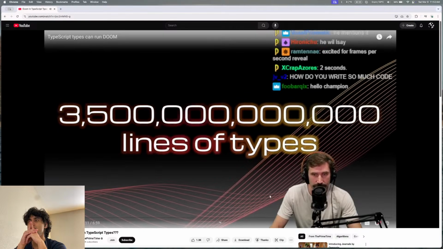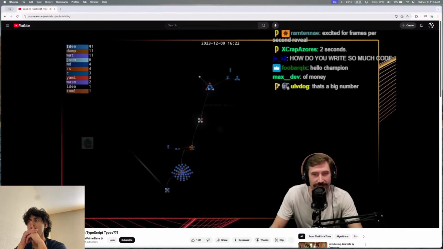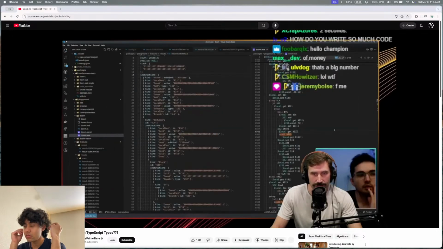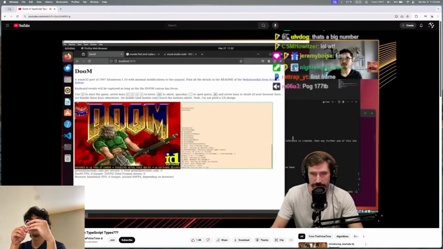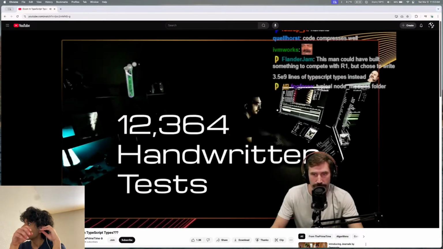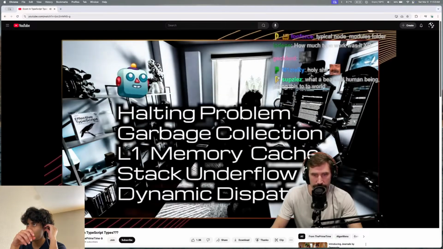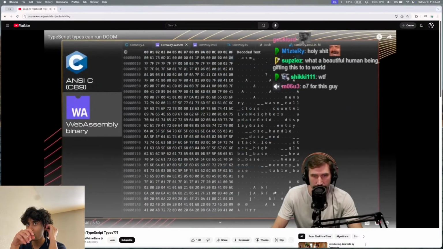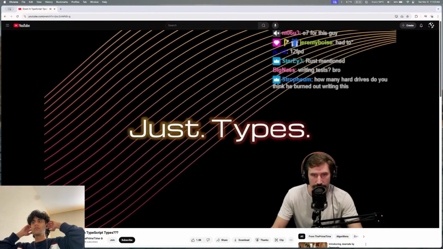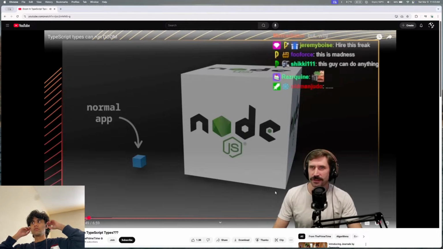Trillion lines of types totaling 177 terabytes ran through the type checker around the clock for 12 days to get the first frame. But it was a brutal year-long journey of 18-hour days to get to that moment. Looking back to when I started, I didn't even know 10% of what I would need to make it really happen. It was so much harder than I could have imagined, because there's nothing else like this, so I had to build all my own tools, handwrite 12,364 tests, and learn multiple new programming languages to scratch and claw my way to the finish line. I built a full WebAssembly virtual machine purely in TypeScript types that can run other programs too. No cheating, no tricks, no other execution languages, just types. To give you a sense of the scales involved, here's... But how does it execute? How does it run?